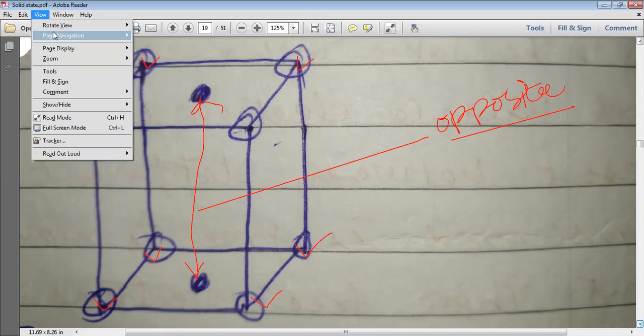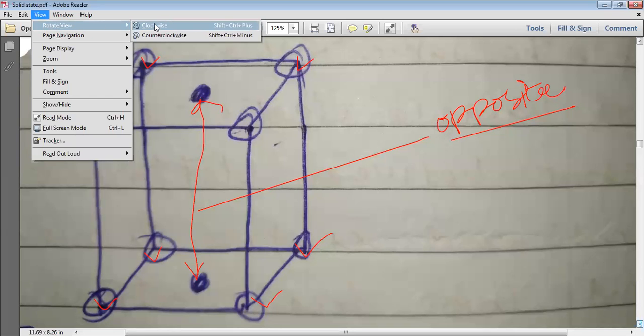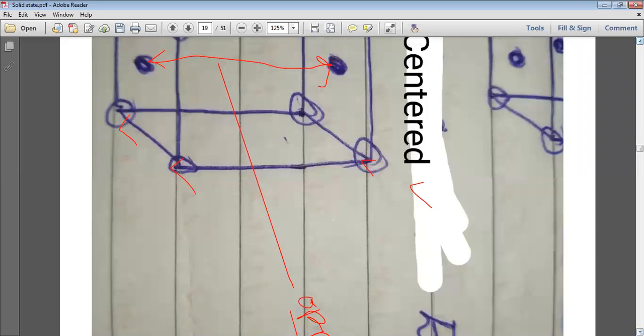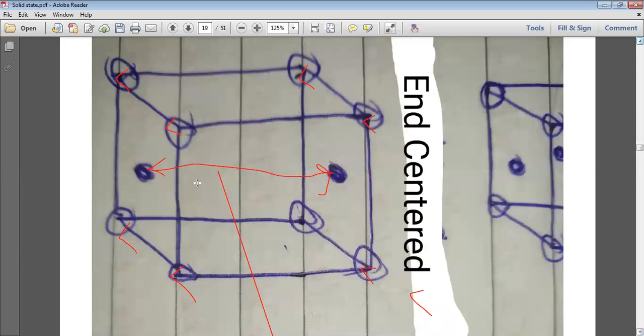We can view the same thing in a very different manner. Let us view it, my dear students, in some other manner. Now you can see this end-centered unit cell. Here you can see these 2 opposite faces. One is on the left side and another is on the right side. So this is another way by which you can look at it. You can have these particles at the front face here, and at the back face here also. So this is how, my dear students, you can understand that this end-centered unit cell may have these